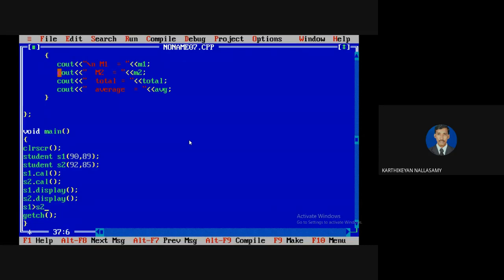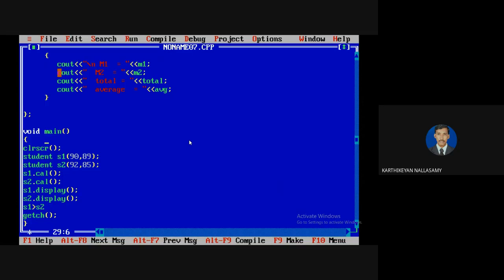That means I want to test whether S1 is bigger or S2 is bigger, by using the data members. It is your convenience: you can choose any one data member to test, or if you want, you can use all the attributes. For example, in this case, S1 greater than S2. Actually, this is meaningless as written, because if you are comparing S1 and S2, surely the result must be either true or false, so you can't return an object. Whenever you overload a relational operator, the result must always be true or false. That means in the C++ language, you have to use a numerical representation while comparing.